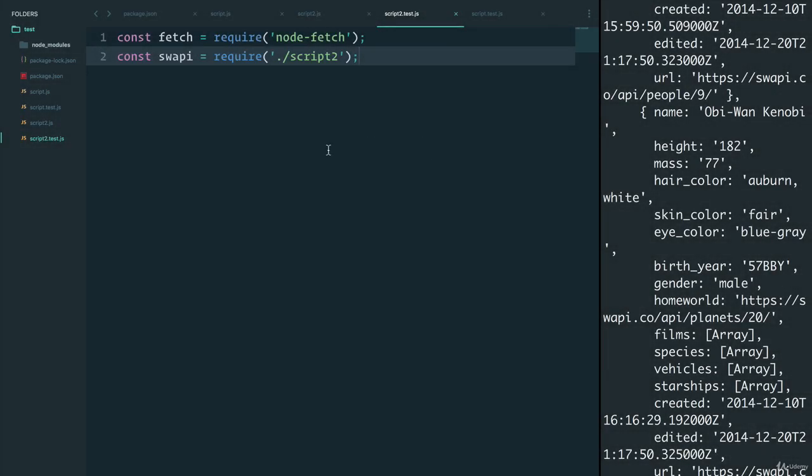Welcome back. Let's start writing some tests that are for asynchronous code. If we go back to our script2.test.js, we can start off our first test by saying it